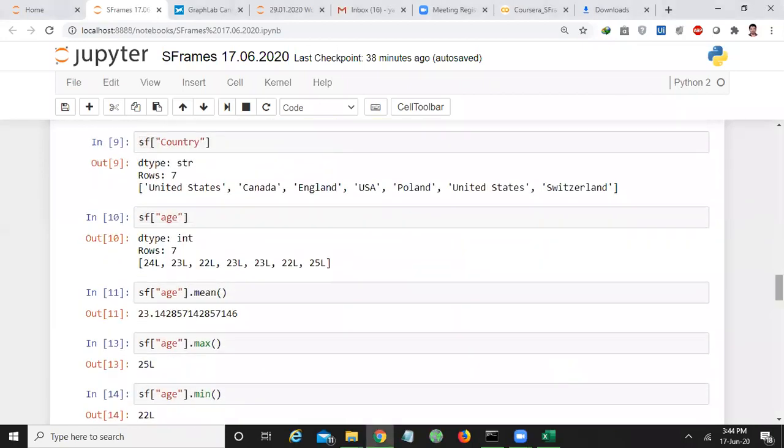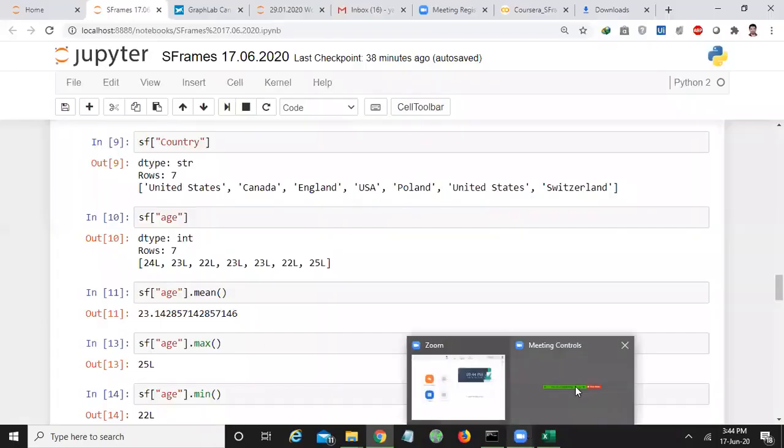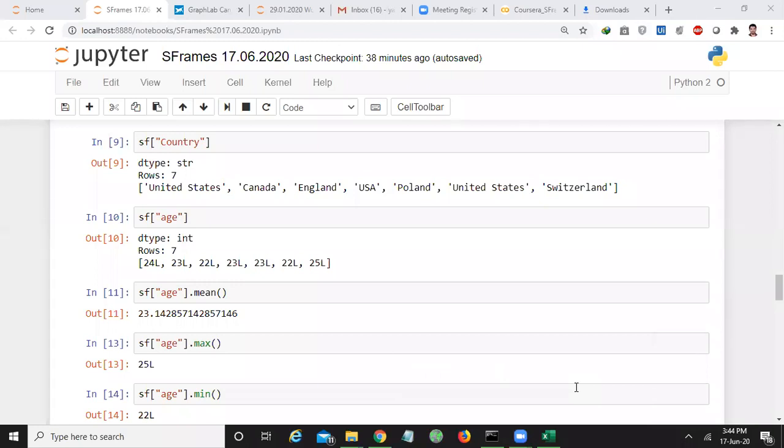So now I want to see the column wise study. I want to perform column wise study. What are the countries there? What is age? And what is the mean of age? What is the maximum of age? And what is the minimum of age? So this is what we call a column study. Actually, we are doing some science on data. This is what we call data science. We are studying the data. This is column wise study. You are studying the country, you are studying the age. Okay, like that.